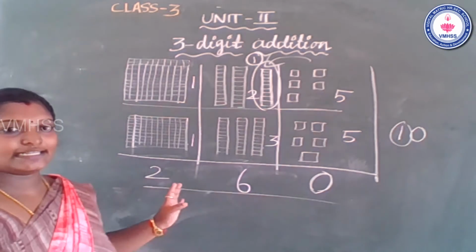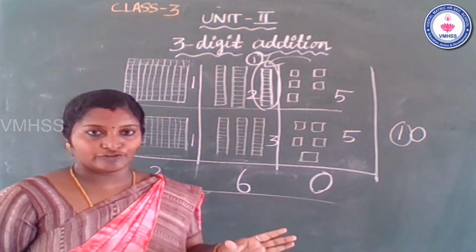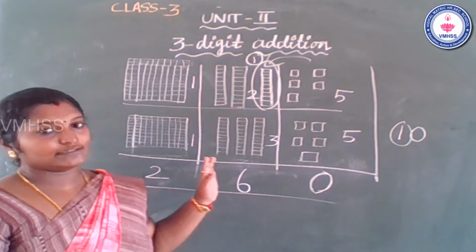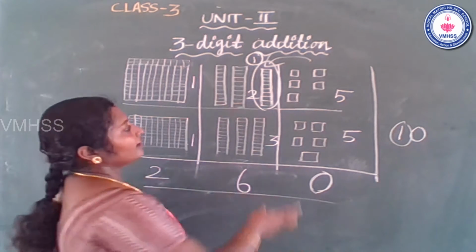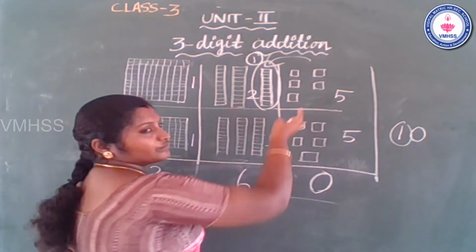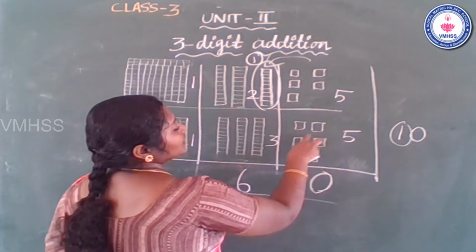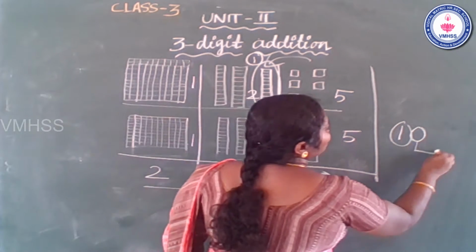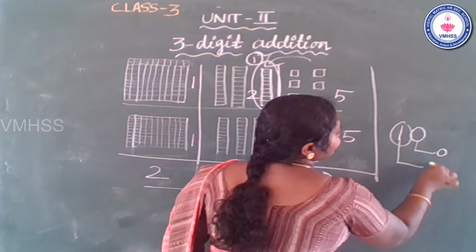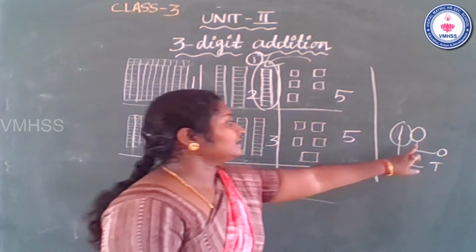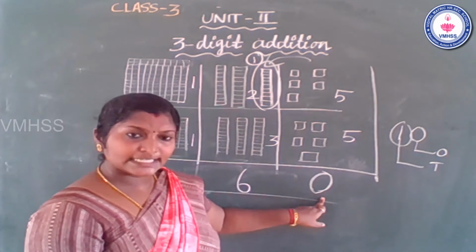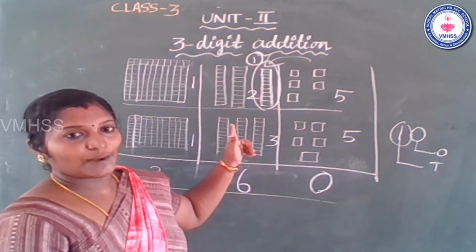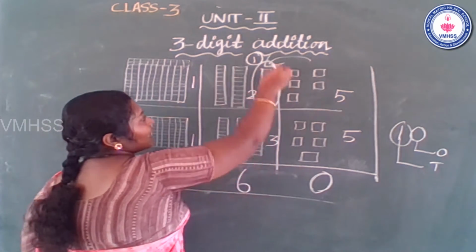Students, do you understand this sum? So first listen carefully. So the question, this is a picture sum. So using the pictorial method, first you count the blocks. 1, 2, 3, 4, 5. So second one also 1, 2, 3, 4, 5. So 5 plus 5, 10. So 0 is the ones place and 1 is the tens place. So you write in the ones place value 0. So next, tens place value 1 is take over to the next place. So this 1 is the take over value.